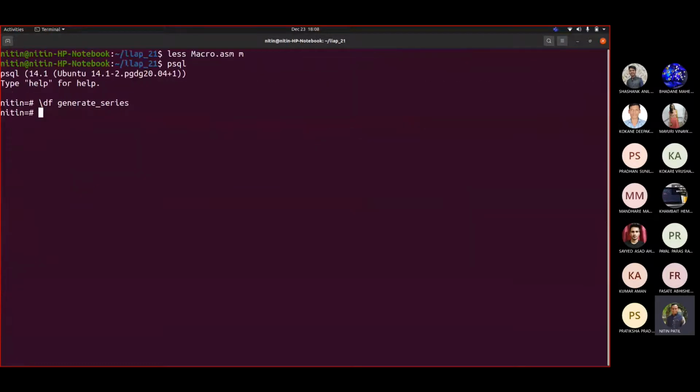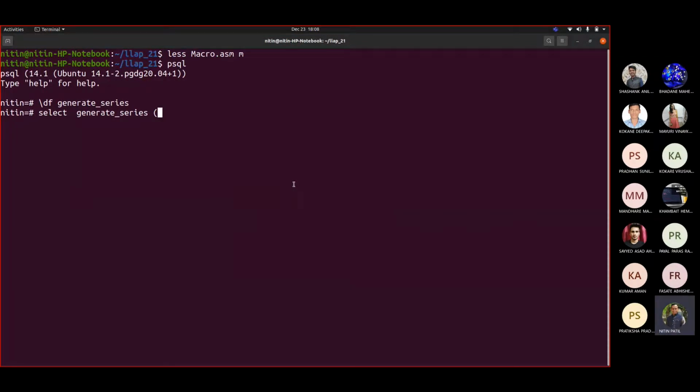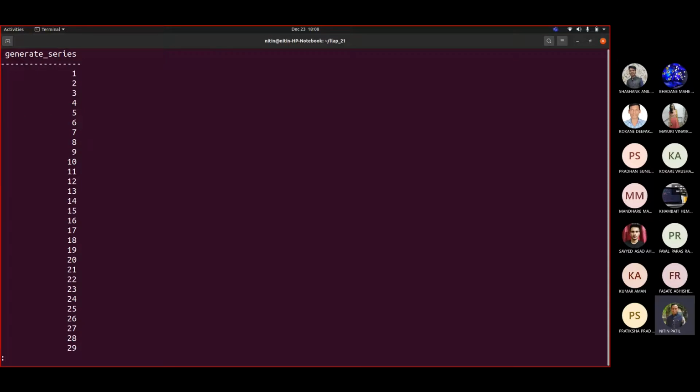So for example, if I write select star from generate_series, one comma thousand, you will see that it generates different numbers for you, a series, in sequential order.